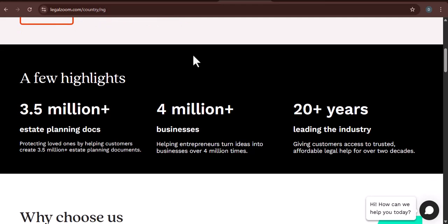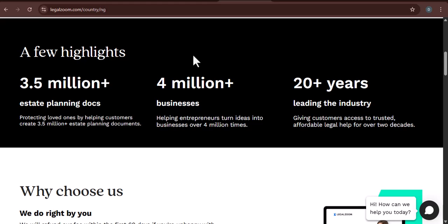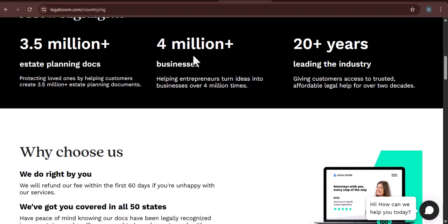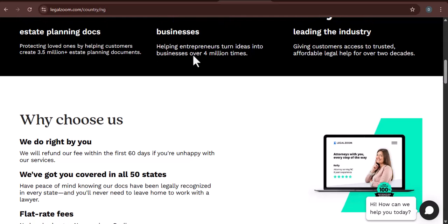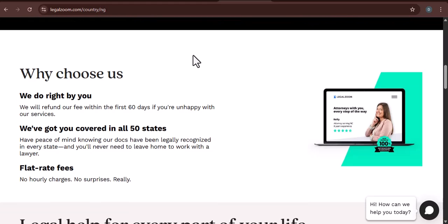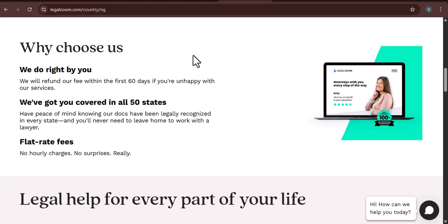Maybe you've found a more affordable registered agent service, or perhaps you've decided to act as your own registered agent to save costs. Whatever your reason, the decision to remove LegalZoom as your registered agent might leave you wondering, how exactly do I do that? It's not as simple as just canceling a subscription. There are legal and procedural steps you need to follow to ensure your business remains compliant and avoids any unfortunate